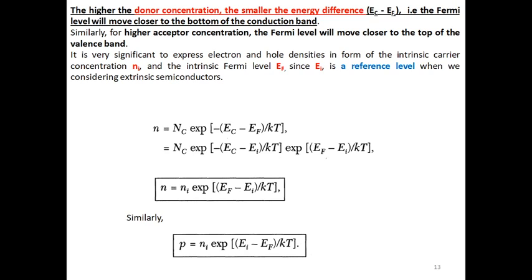Then this concentration of electron n is equal to Nc, and in turn this equation you already know. Then we write the equation in terms of the reference level EI. We get the final equation n is equal to Ni exponential in bracket EF minus EI, with respect to the reference level, divided by kT. This is for the n-type semiconductor, that is the carrier concentration of electrons. Similarly, we can calculate the carrier concentration of holes in terms of the reference level and Fermi level.